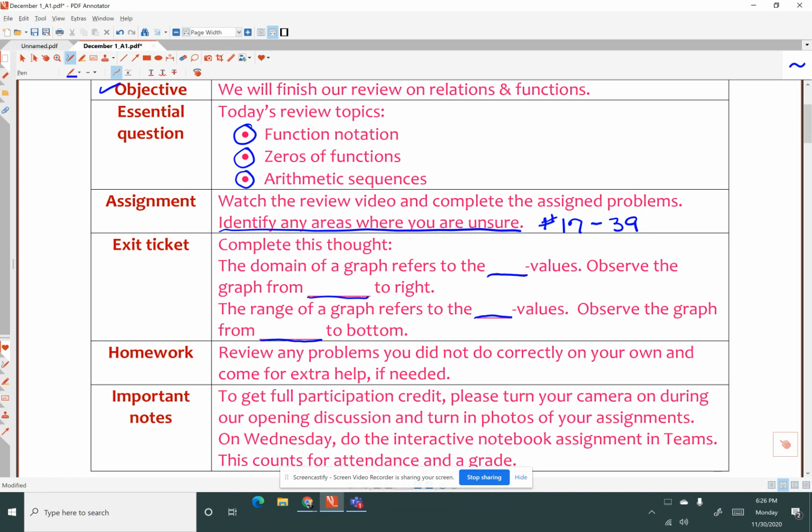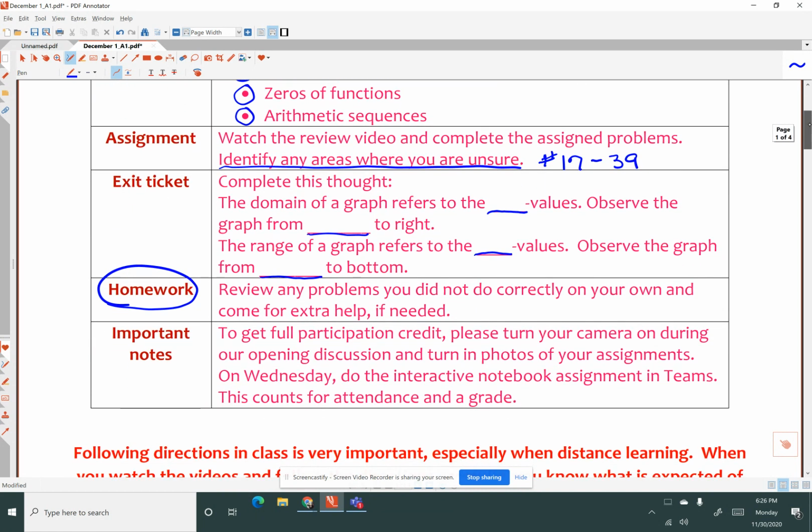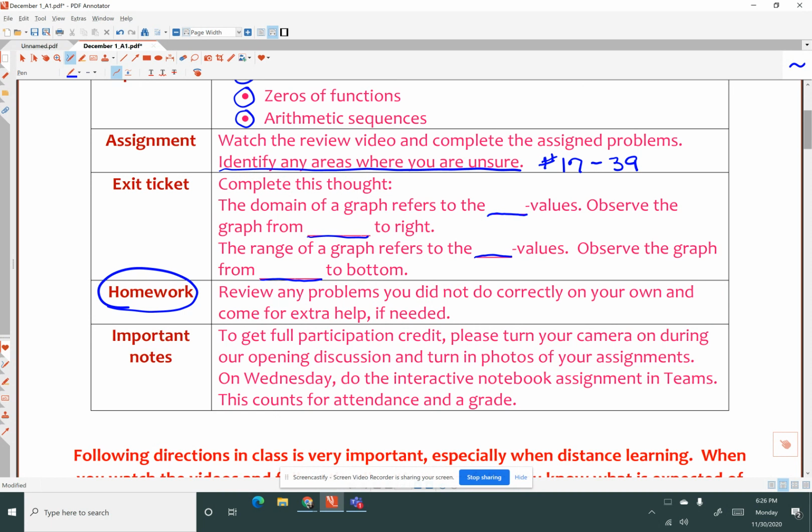For homework, I just want you to finish up this assignment that we're going to be working on now. And I want you to think about any problem areas you have with Unit 3. Think about if you need extra help. And you should plan to organize yourself so that you can use tomorrow, Wednesday, to do some extra studying to prepare for our test on